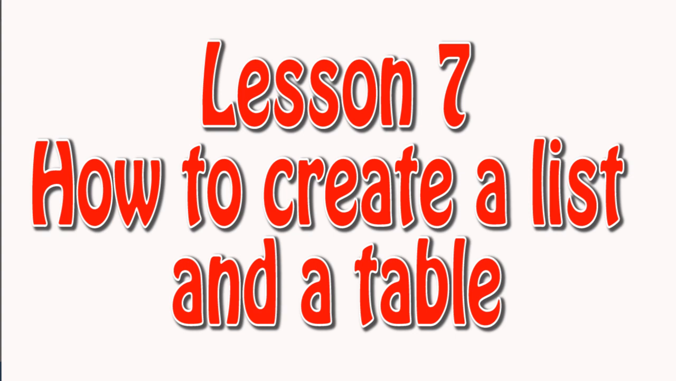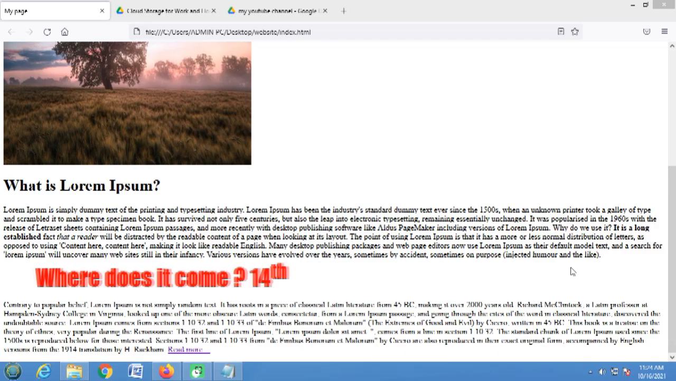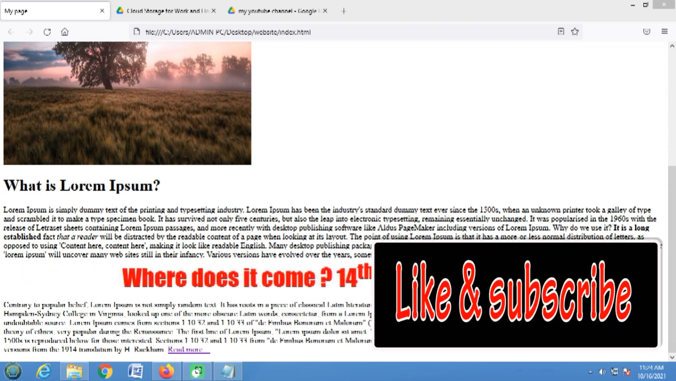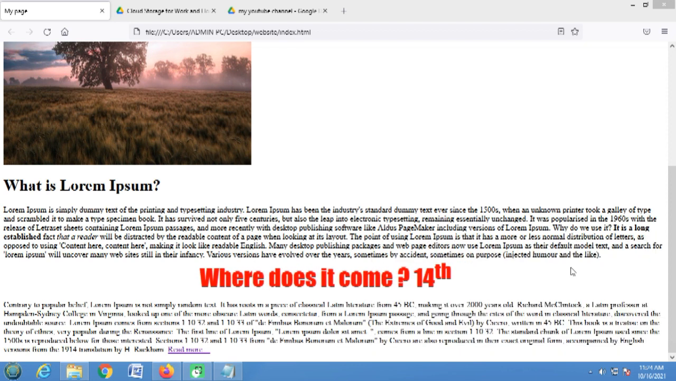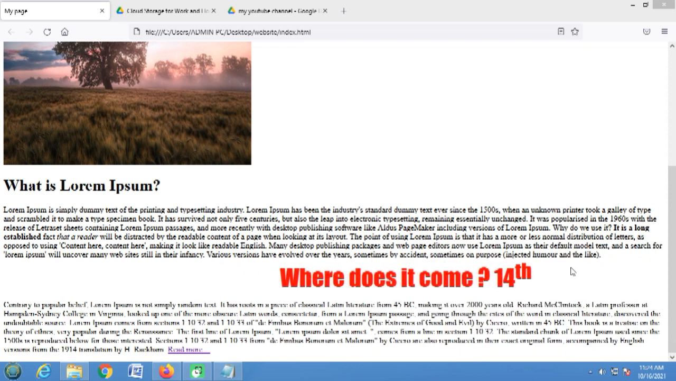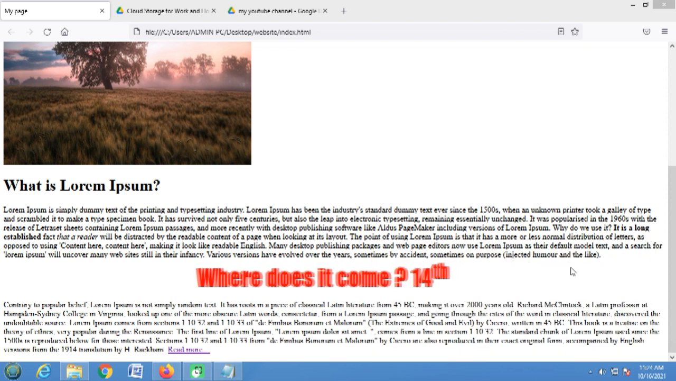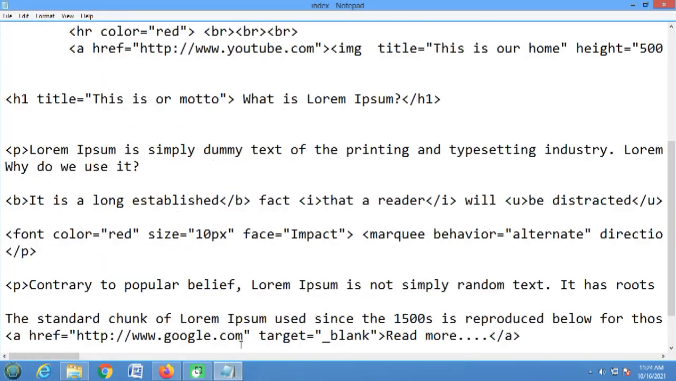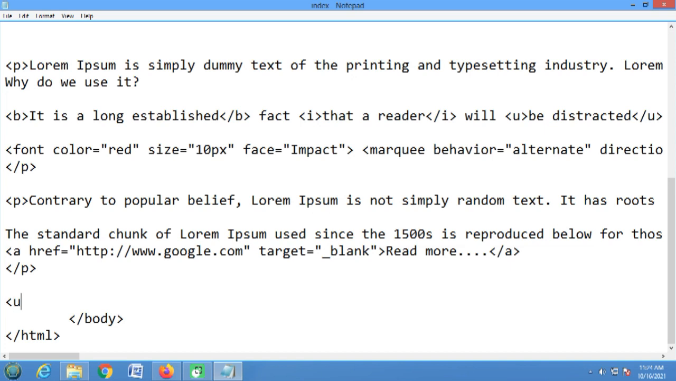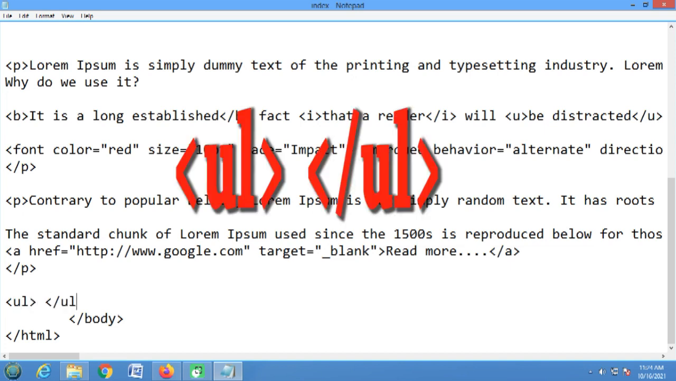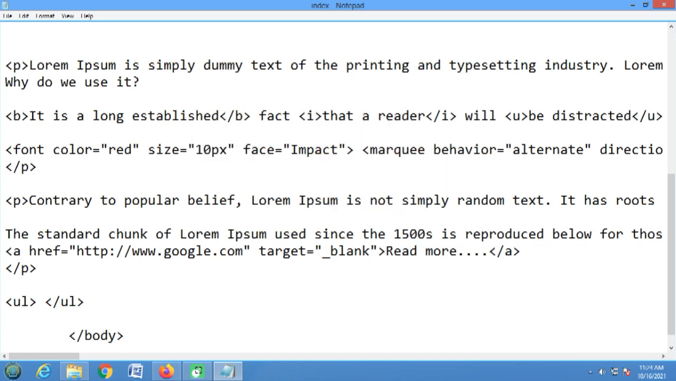Okay, so next we are going to look at how to create HTML lists. A list is something like you have a list of items. So you can create a list that has numbers, or even you can use a list that has bullets. So let's get started. So the code for the list is simply UL, the UL tag, then you close the